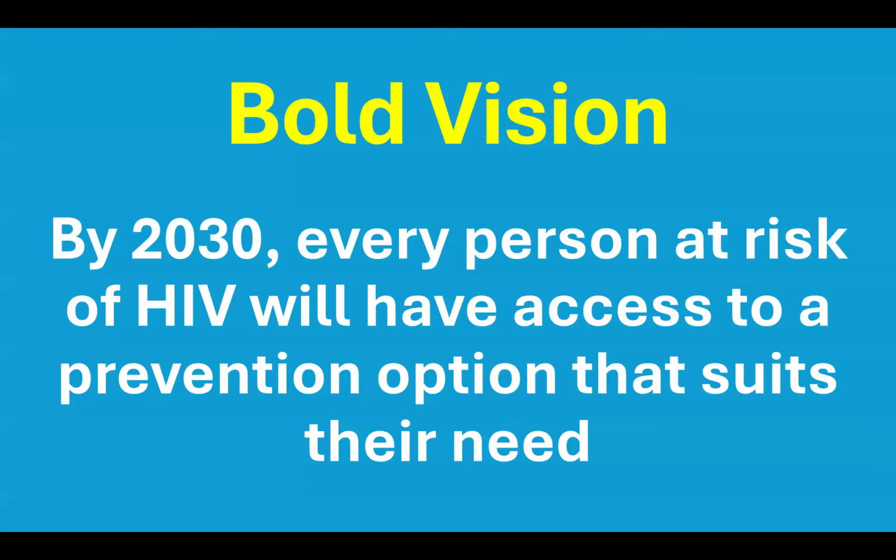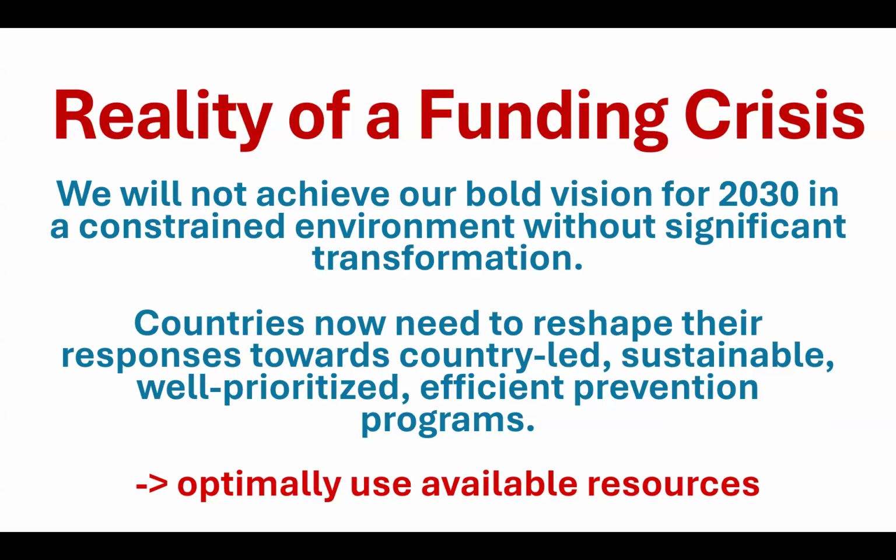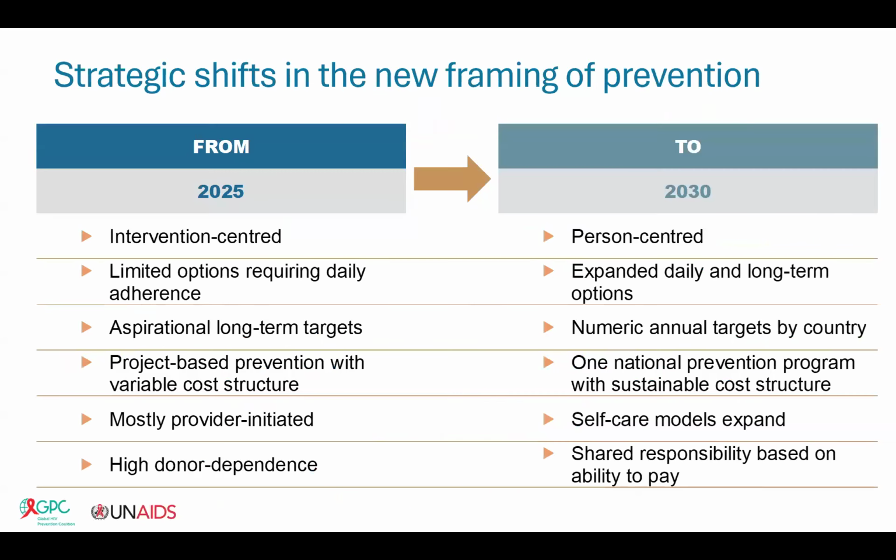The vision of this new global AIDS strategy and the framework is that by 2030, every person at risk of HIV will have access to a prevention option that suits their need. Yet this comes at a very challenging moment of a funding crisis where we need to optimally use resources to achieve those targets. There are a couple of strategic shifts in the new framework of prevention: from intervention-centered or pillar